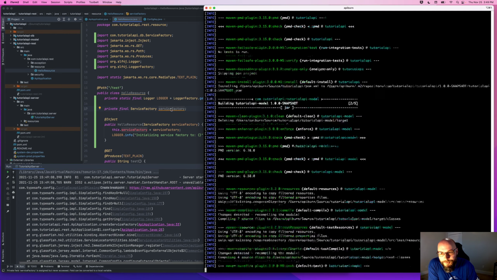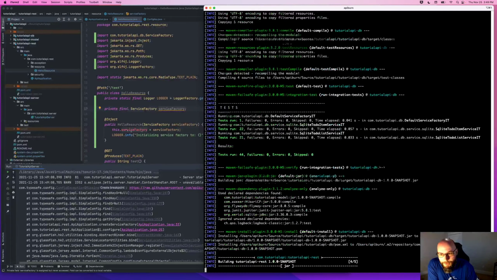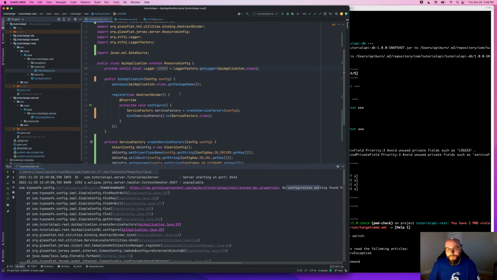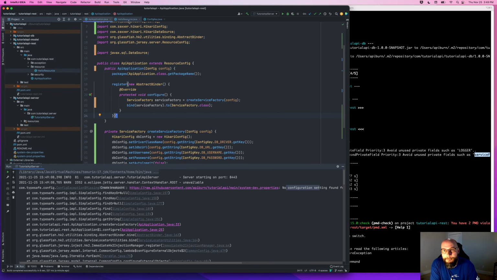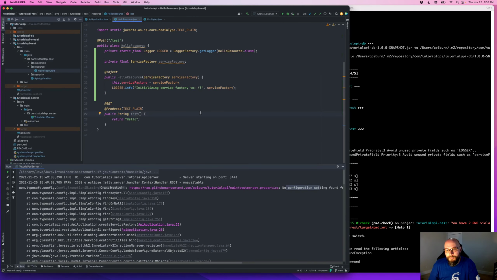We're not using this service factory, so PMD might complain about that, although we are initializing it. Okay, unused private field, logger, an API application, and it is complaining about service factory as well. I think in hello resource. So let's do service factory, get our to-do list. Actually, let's return